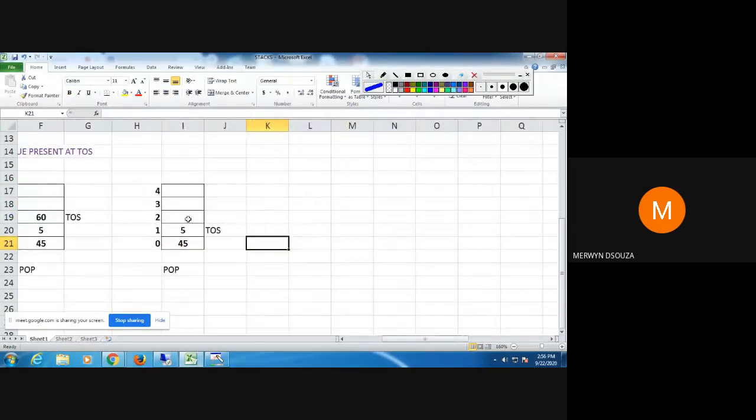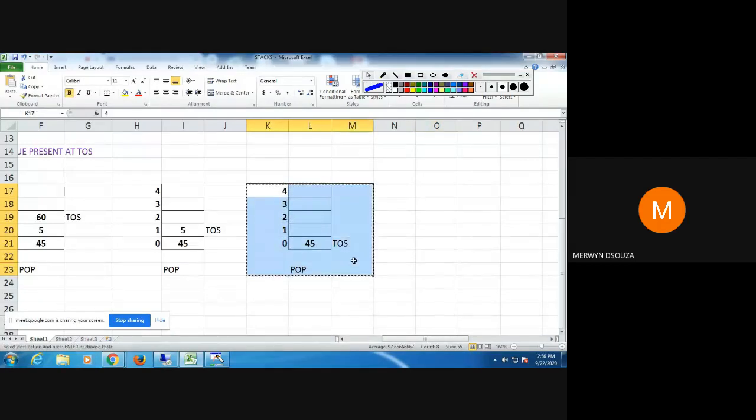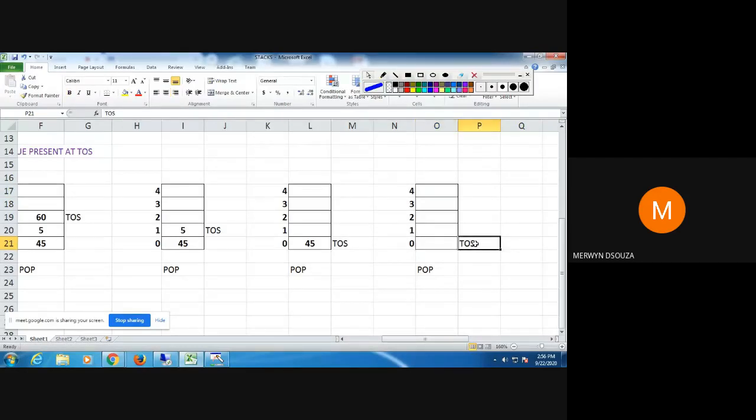The fourth time when I pop, this value will get deleted, the top of the stack will get decremented. Delete the value, decrement the top of the stack. The fifth time I do it, this value will get deleted and the top of the stack gets decremented. When you decrement 0 minus 1, the top of the stack value will become equal to minus 1 now. Okay, you can just note it down like this. When you decrement it beyond 0, the top of the stack becomes equal to minus 1.